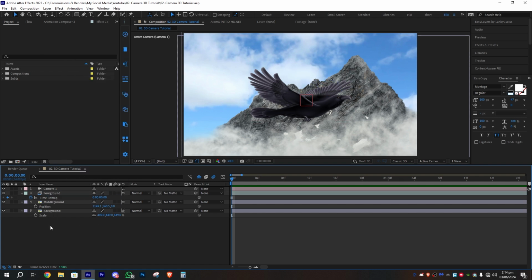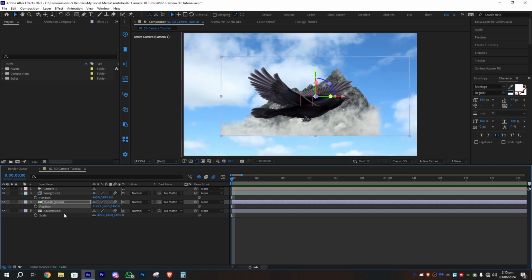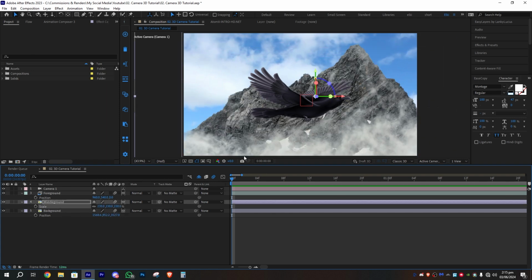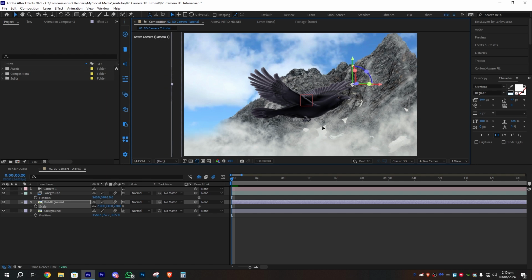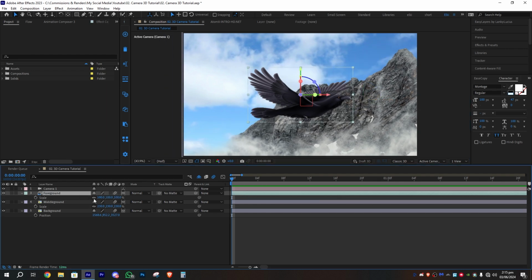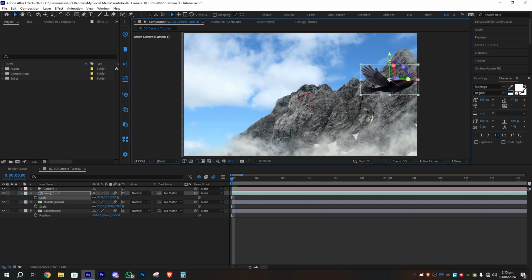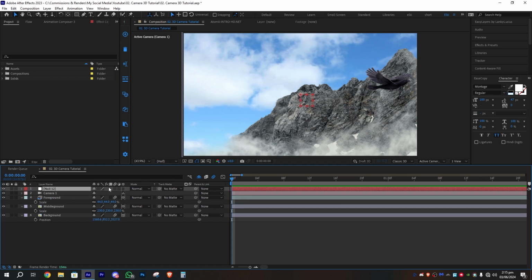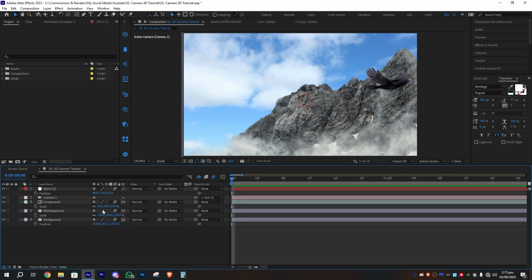So okay, these are our three objects. One's a background, one is a middle ground, and one is a foreground. We are gonna place the foreground the closest to the camera, and the middle ground, like its name suggests, in the middle. So around here should be good. We're gonna scale it up so when we move the camera it doesn't go out of frame. And we're gonna scale down the bird a bit because it's a bird, not a dragon. That should be good. I'm gonna add a null layer, enable 3D, parent the camera, and now if I start